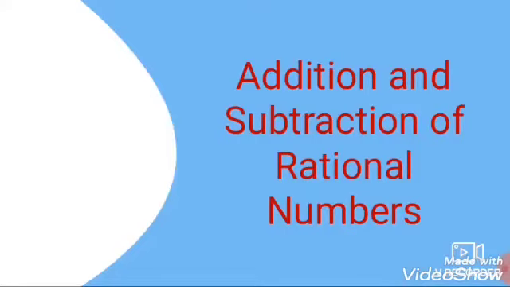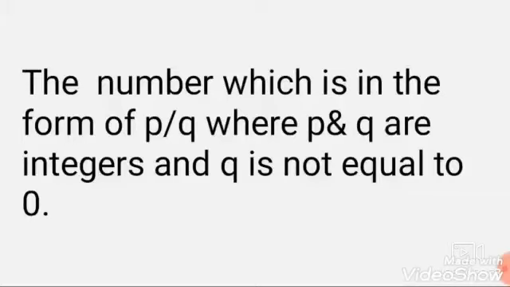Okay. Do you all remember what you learnt in the previous class? Yes, we learnt about the addition and subtraction of rational numbers with their properties. You already know how to use the properties to add and subtract. Let us recall. Can anyone say the definition of a rational number? Yes. The number which is in the form of p by q, where p and q are integers and q is not equal to 0.